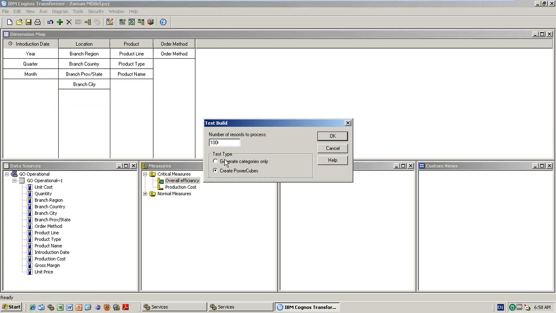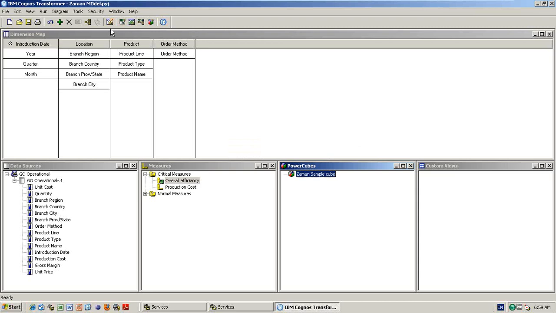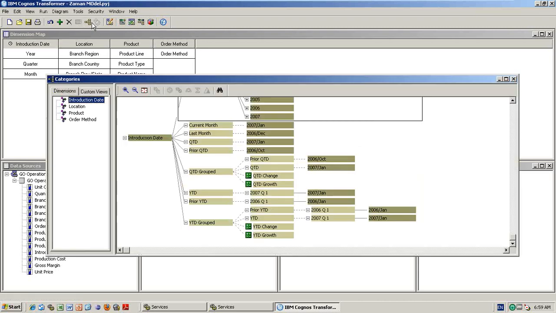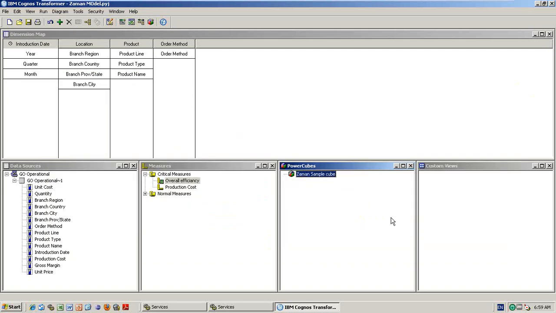What do you mean by generate the categories? Boss, I don't want to generate the cube. Before that, I want to generate the categories. That means I want to populate the data in the show diagram here. So instead of creating the cube, which needs some time, generate the categories. Just check the data. If I want to check the data, click generate categories before building the cube itself. That type of situation it will be useful. Next one.